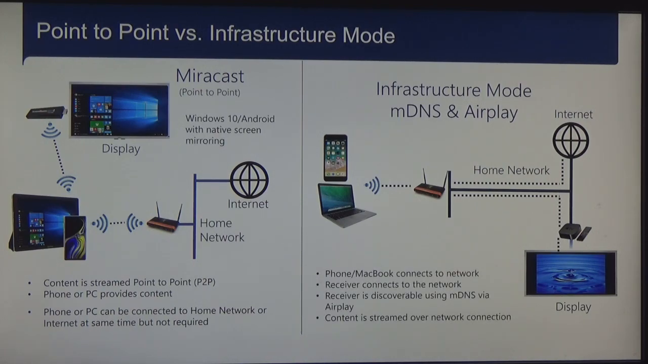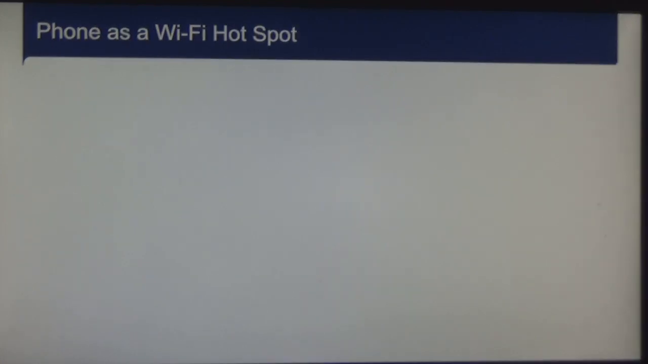Oh, I forgot to talk about this. So yeah, in this particular case, as I said, your phone or your MacBook connects to the network, the receiver connects to the network, and then is discoverable and content is streamed over the network. Okay. So there is one more scenario here that I want to talk about, and that is using your phone